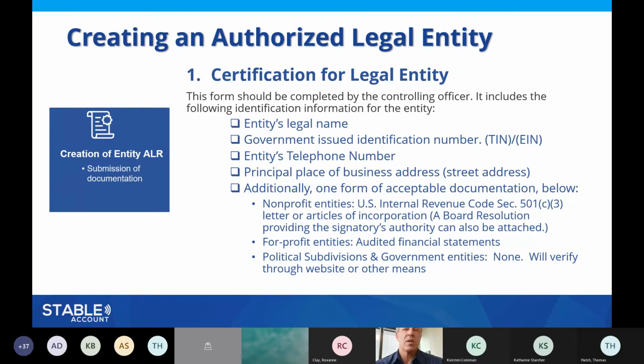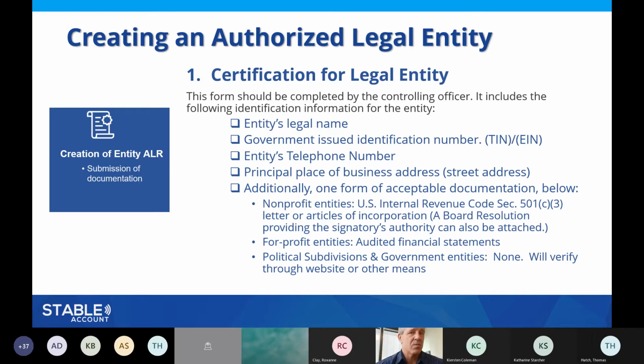And then additionally, there's one other form of acceptable documentation. And you'll notice as we go through the next few slides that there's going to be some documentation required, because one of the things that our program administrator, Someday, needs to do is to verify the authenticity of your company, right? And so because they don't have as many public facing customer information systems that they can use to try to legitimize that company, then they require some amounts of documentation to do that.